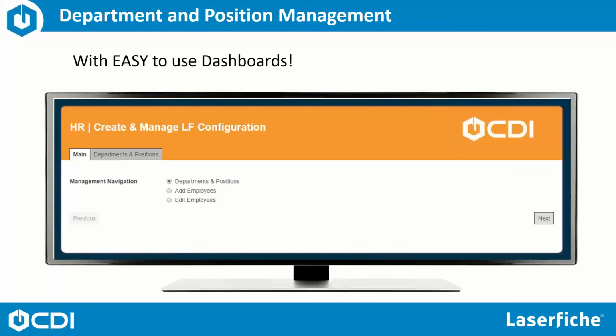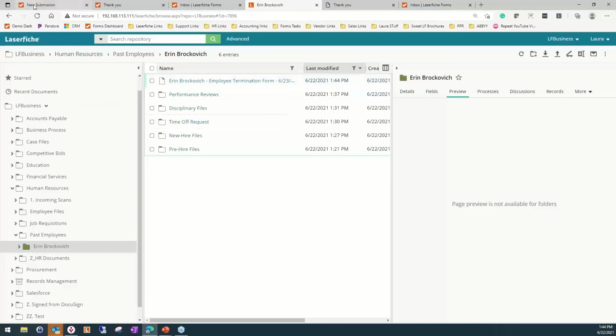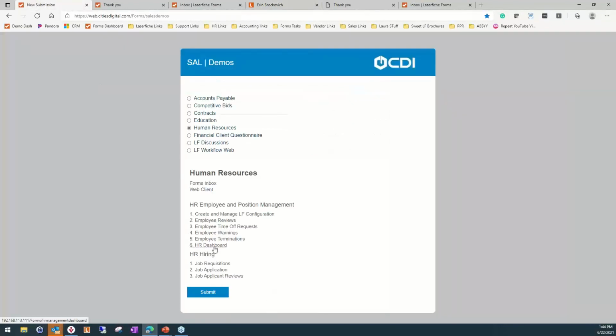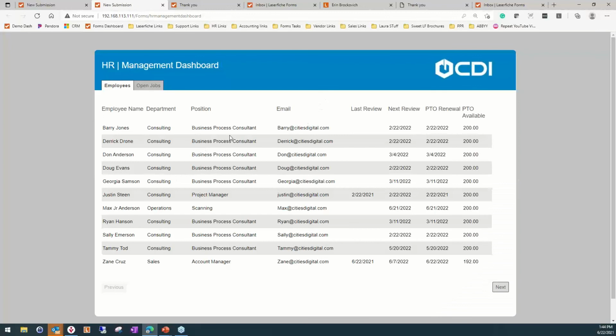So we talked a lot about dashboards already, but you can also have a handy dashboard for just managing your employees in general and seeing who has what time available and all sorts of things. So let me show you a couple of other options here. If we click on this HR dashboard, this is showing me a list of all of our active employees. And then it's displaying the information that I might want to see. So it says what department they're with, what their position is, email, when their last review was, when their next